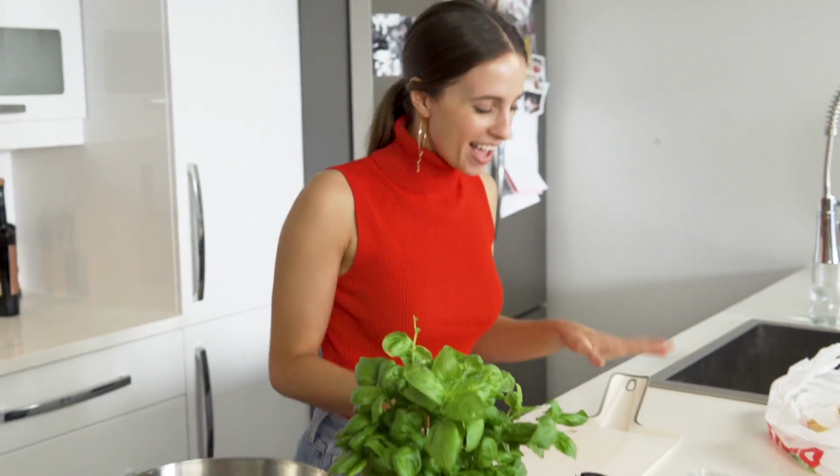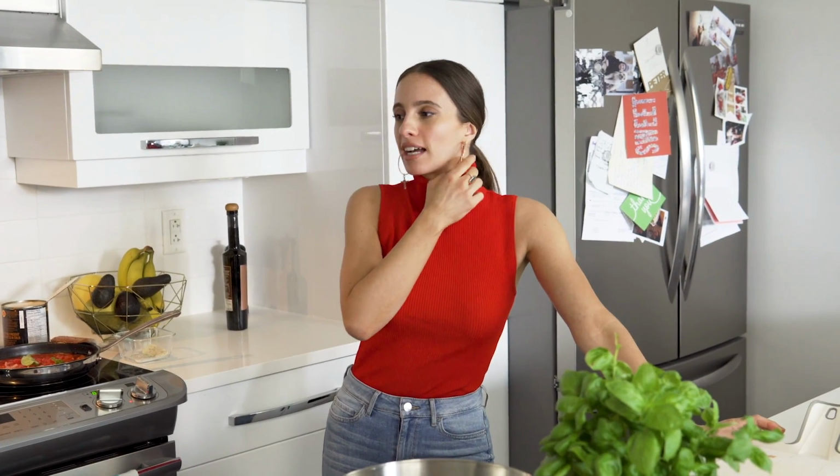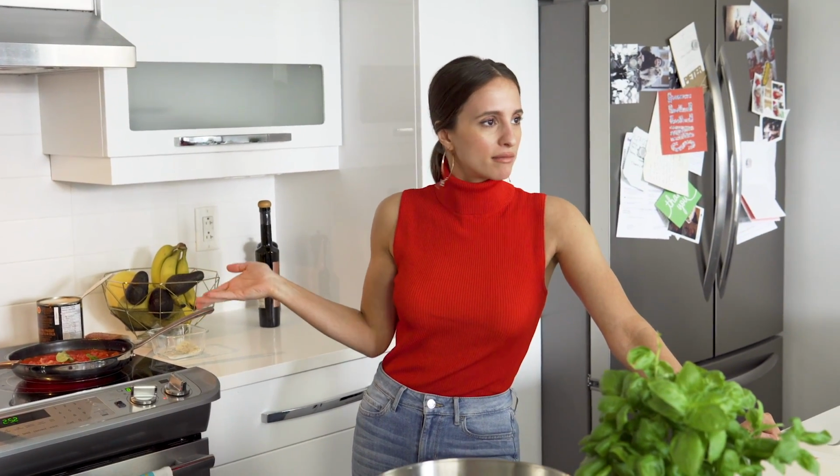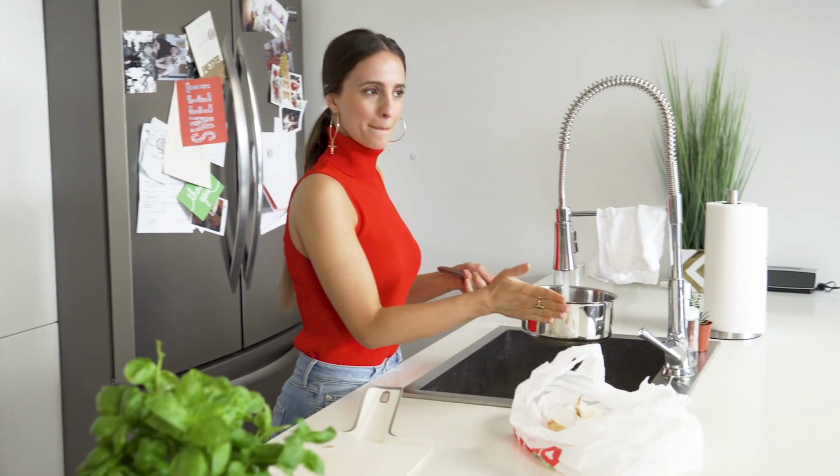Oh my god, I can't speak today. Now, as this is happening, you want to cook your sauce for an hour or 2 hours to really get all the flavors in there and all the juices marinating. But if you're in a rush, you can just cook it for 30 minutes. Add water to our pot